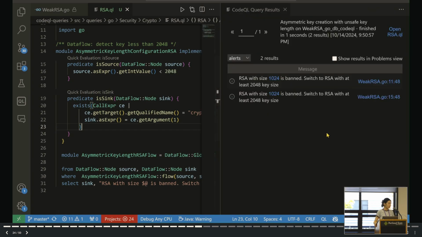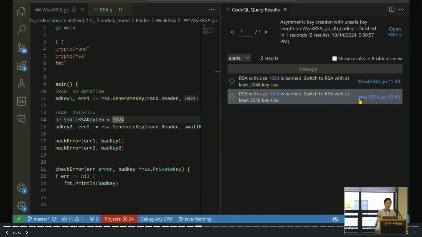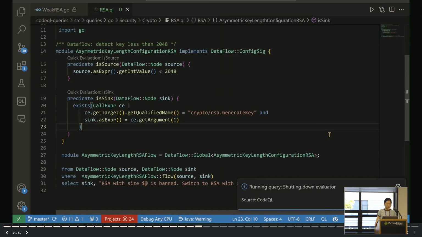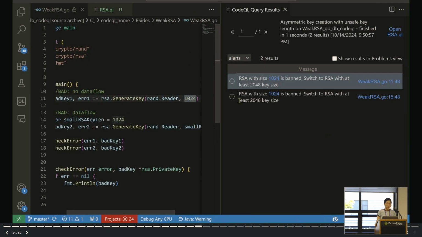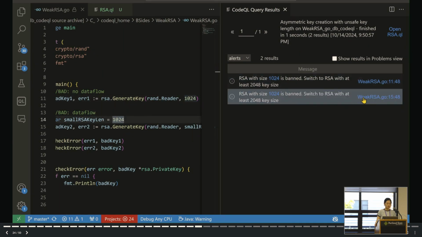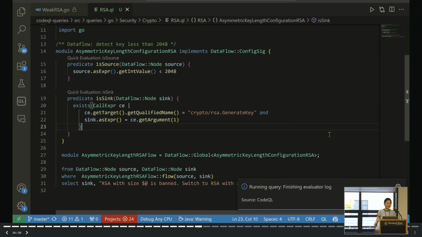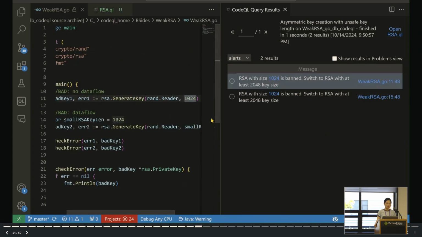You can see that the blue 1024 here is a clickable element. So clicking on it will take you directly to the line of code where the RSA key is defined, which is the source. This is also an illustration of why CodeQL is powerful, because you can have the primitive values as an AST node so that you can trace down the entire data flow. For more information on how to start your first query, we have included a resource section with helpful links at the end of the presentation for you to refer to.